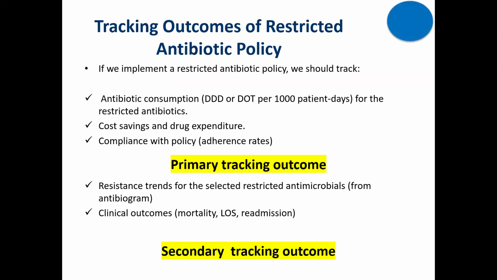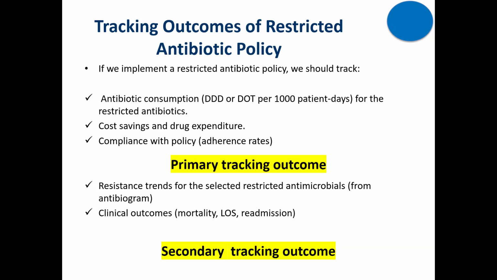Tracking outcomes for the restricted antimicrobial policy is crucial. When you implement any policy or any intervention in the antimicrobial stewardship program, you should implement a KPI, or key performance indicator, to track your progress. So one of the most important primary KPIs is to track the antimicrobial consumption. It's very important to track the consumption of the restricted antimicrobials. Also, it's very important to track the cost and the drug expenditure on those antimicrobials,